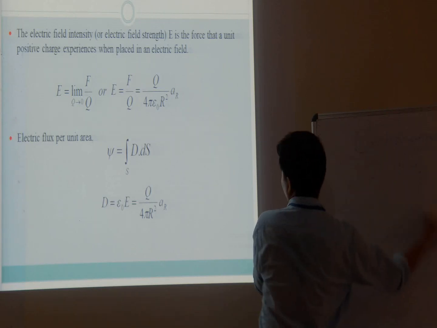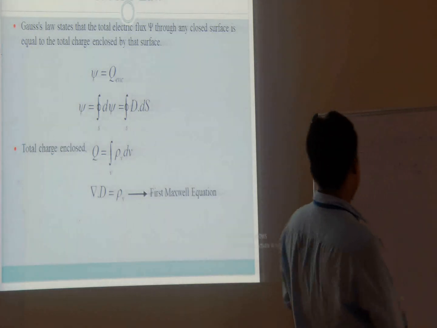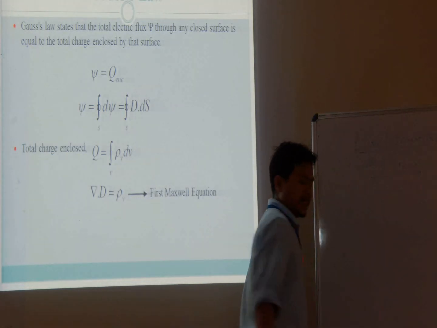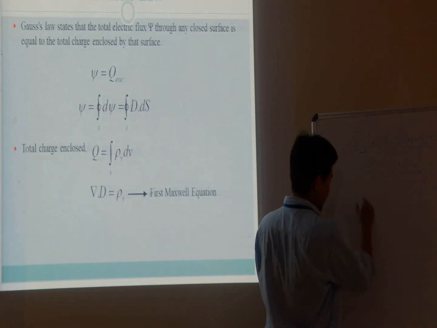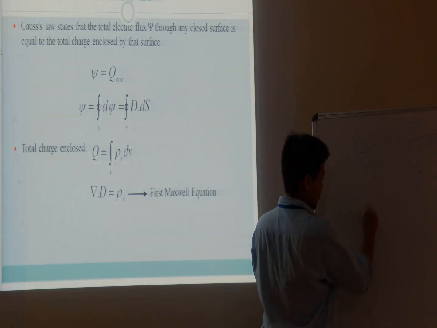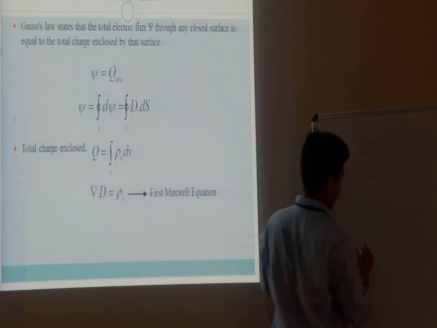So next is electric flux density. So what is flux? Flux may be electric or magnetic. In the case of electric flux, we denote it by this. And in the case of magnetic flux, we denote it by this. This is